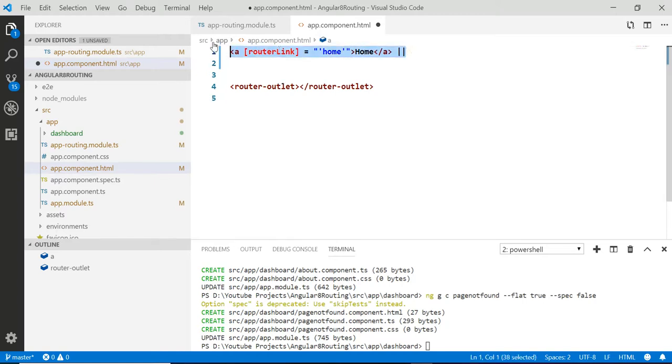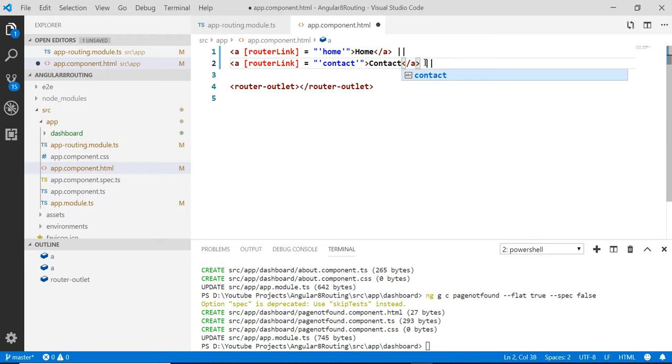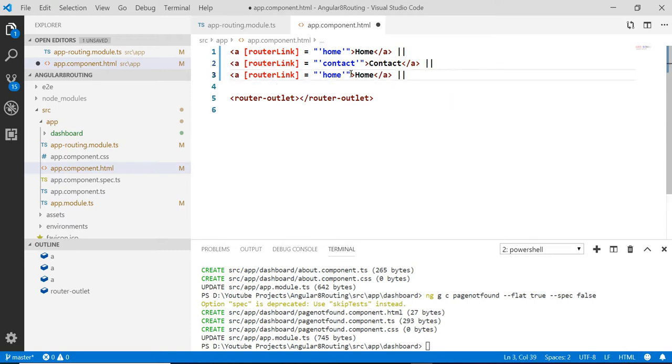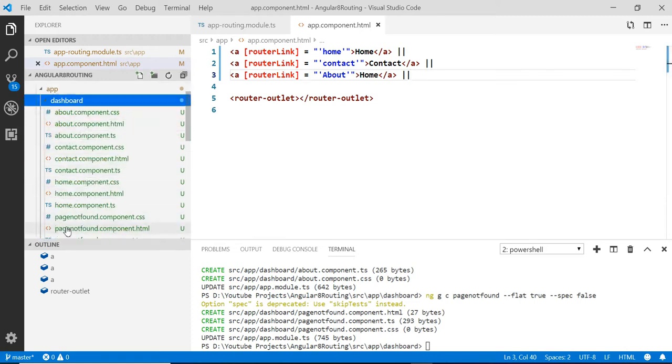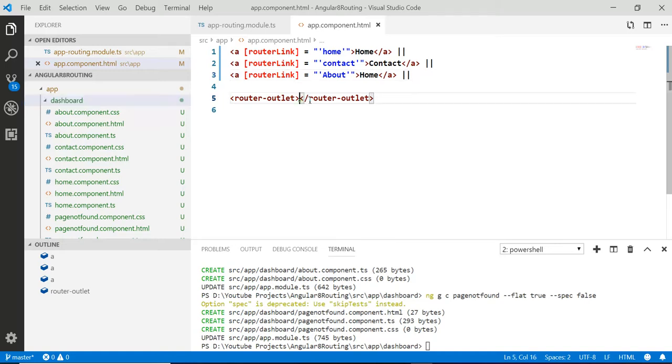Same, copy this one. The router link will be contact, so this one will be the contact. Then the third one will be about. Okay, there are three: home, contact, about. We have created these three: about, contact, and home. Just save